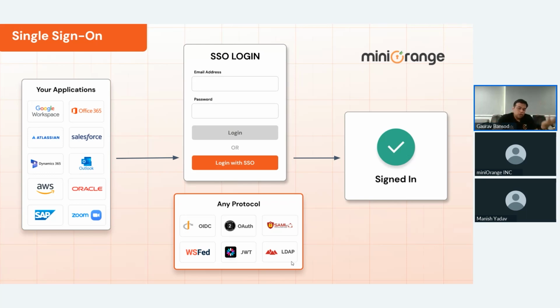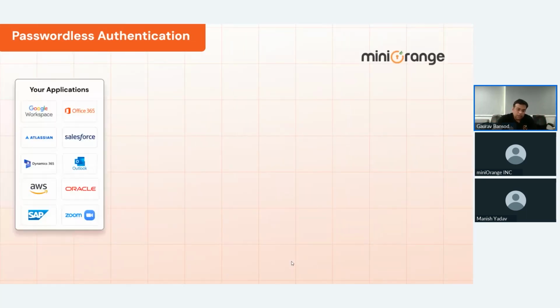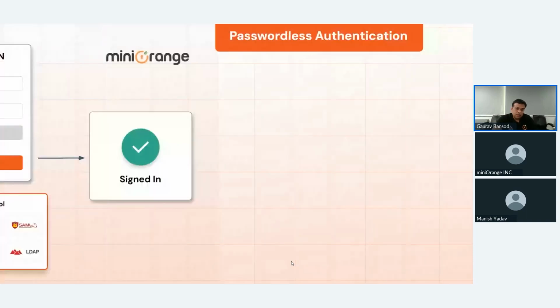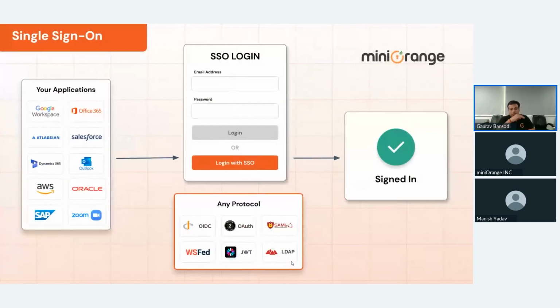Then there come third applications, which are legacy applications like SAP and Oracle, which use header-based authentication. Most medium to large-scale enterprises have these applications. They have been in these systems for the last 30, 40 odd years. Then how will you do SSO and MFA on top of those legacy applications which are not compatible with the standards of SSO and MFA, or SAML or JWT, because they are header-based authentication? They use proxy solutions, and miniOrange has the ability to do single sign-on and multi-factor authentication on legacy applications